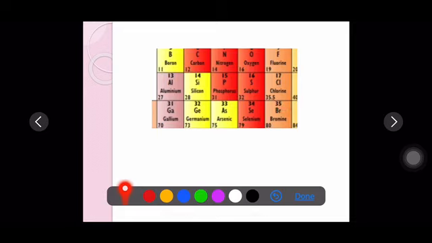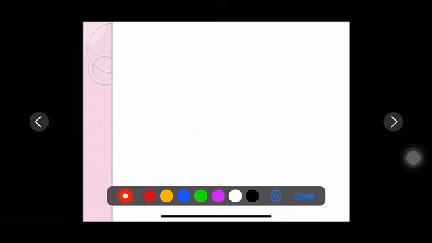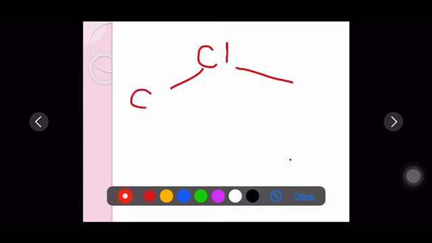How do we know about atomic mass? As we discussed before, atomic number is the number of protons, and the same number of electrons are present, and atomic mass is the collection of protons and neutrons. So how come chlorine has an atomic mass of 35.5? Let us see. As we discussed before, this is relative atomic mass, so we have to take the average. There are 2 types of isotopes of chlorine: chlorine-35 and chlorine-37.